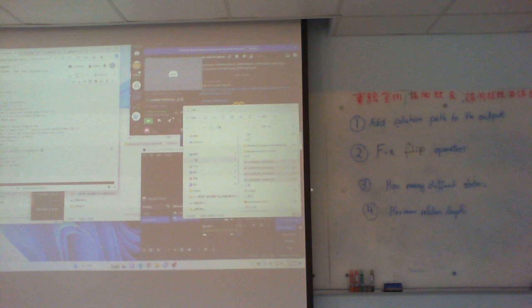Because if I have 12 successors, then at the root I have 1 node, but then I have 12 nodes at level 1, and at level 2, each one of those has 12 children. So that would be 12 squared, which is 144, and then it goes up to 12 to the power of n,